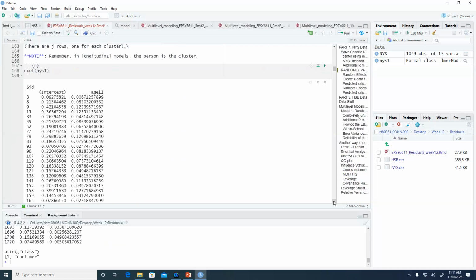Because it does seem like the lower intercept kids tend to have, at least with the first 20 some that are on this slide, it looks like the kids who start lower tend to also have lower slope. But it's not a perfect relationship by any stretch. But that's how I can get my coefficients. Pretty cool, right? Okay, so next thing